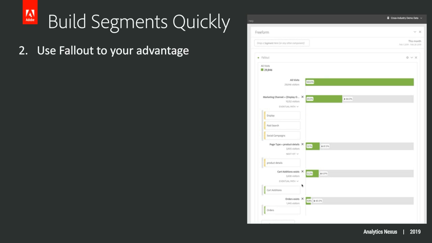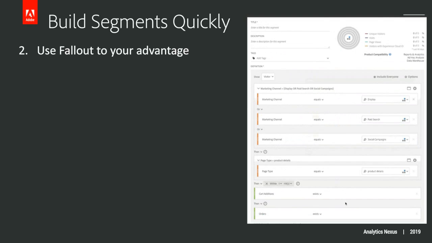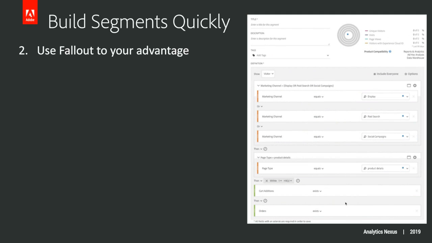Then I'm saying eventually the user gets to a page type equaling product details. Then on the very next page, or the very next hit, they're adding a product to cart. And finally, eventually, they're ordering. I was able to do that really quickly within my fallout visualization just by dragging and dropping and building this nice friendly looking fallout. But it would have taken an extra few minutes to recreate that and drag and drop those with the OR clauses and the sequential segmentation, as well as the next hit demand within that second sequential